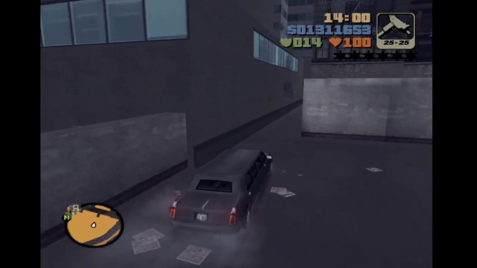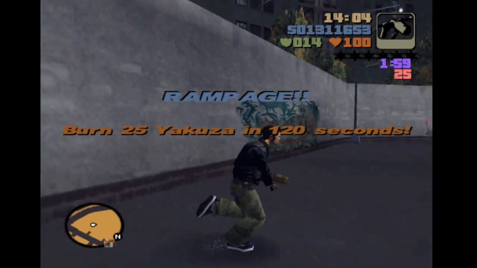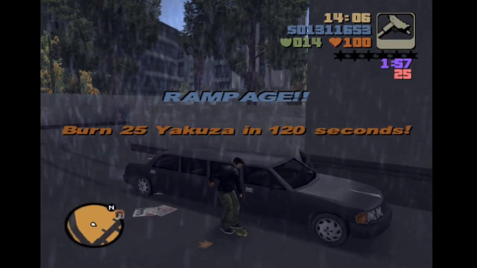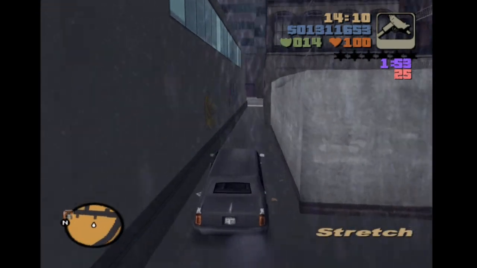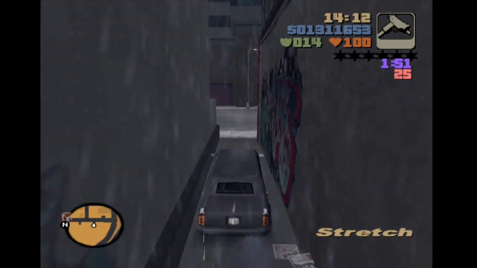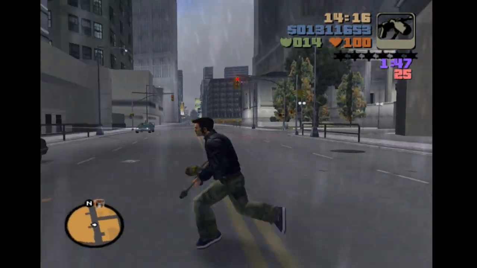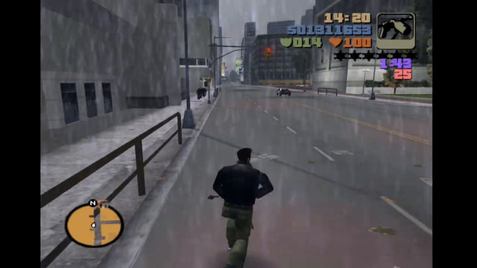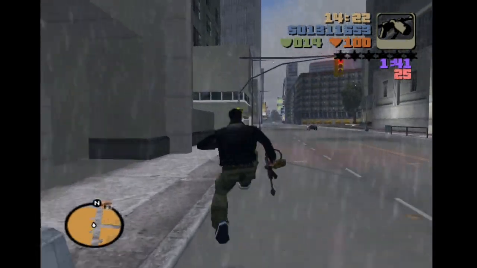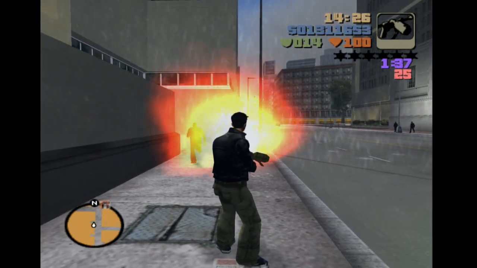Anyways, for the next one, we head all the way to the other side of the island near Donald Love's building in the car park, and we're going to be burning 25 Yakuza in 120 seconds, another flame-based Yakuza Rampage. This one is a bit more tricky than the Molotov one, purely because the spawning of the Yakuza I found to actually be really awkward. It never usually spawned enough,